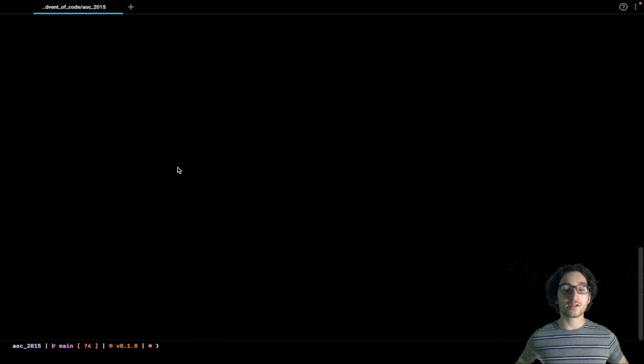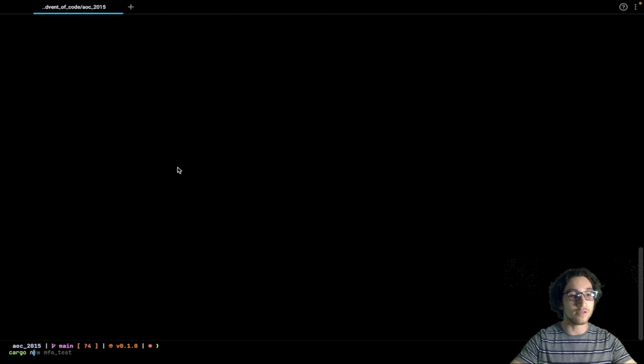So the first important command is git init. All this does is create a new Git repository, which is the word we use when we talk about Git. And this will allow you to then use Git to keep track of all of your changes. However, if you're using Rust and you've already called cargo new, you don't need to do git init because cargo new will automatically do that for you.